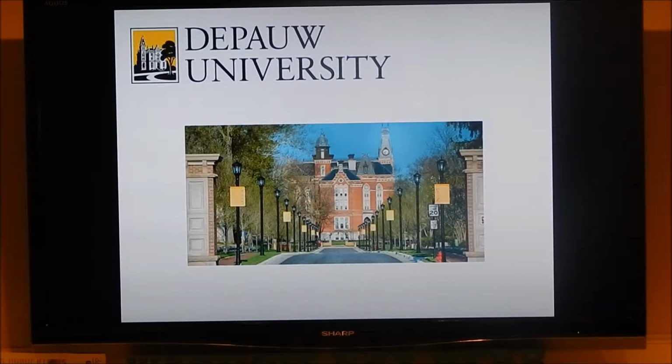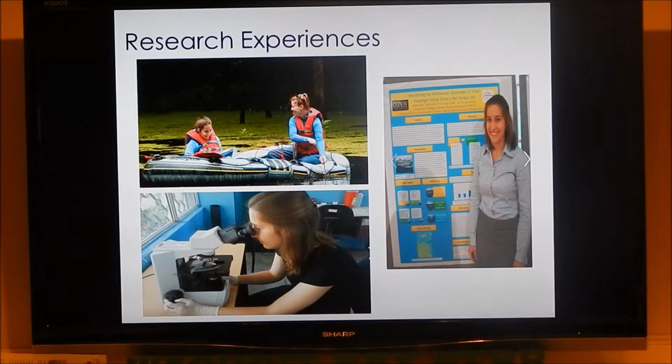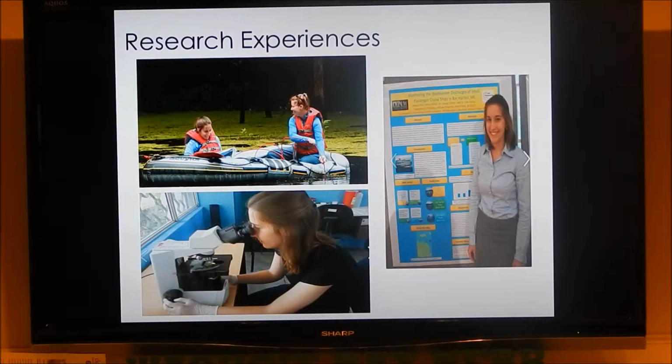So I got into this when I was younger. I did a science fair project on bacteria, and I really, really enjoyed it. And so then as I was looking at where I wanted to go to college, I decided I wanted to pursue a degree in biology at DePauw University. This is a small liberal arts school in Indiana, not anywhere close to the ocean. However, going to DePauw allowed me to get started doing research early on, and I found out that that's what I really enjoyed. And it gave me a lot of opportunities to pursue research related to bacteria.